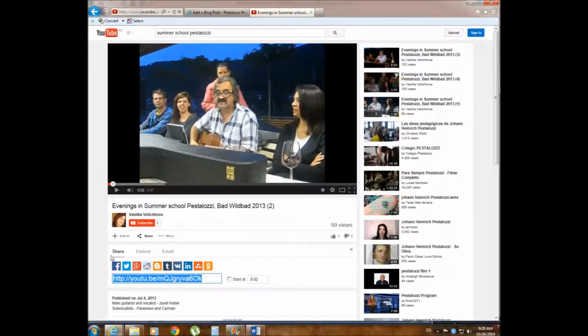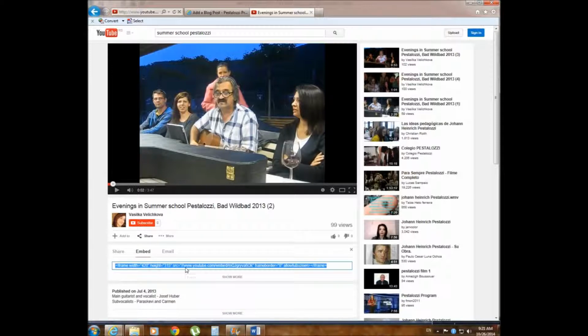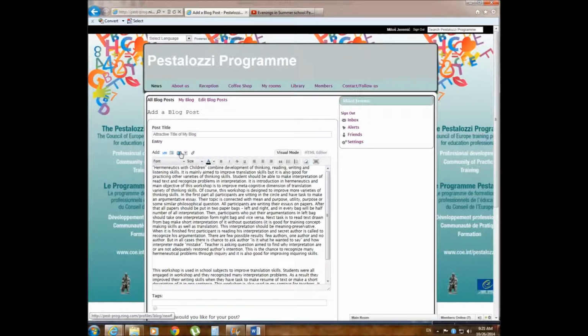So you will find share and don't choose it, choose embed code, then copy it. It is already highlighted, so all you need to do is to copy, go back to your blog post, click